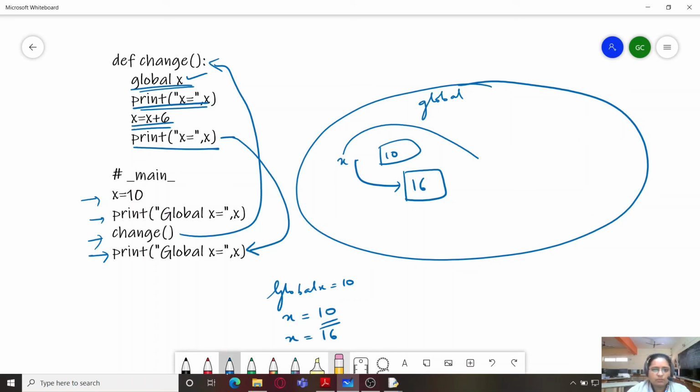So now we don't need any recognition of it. I'm going to remove this arrow also, and now you can see that the global variable x is also printed like this. Global x equals 16. So this is the use of the global keyword in a program.